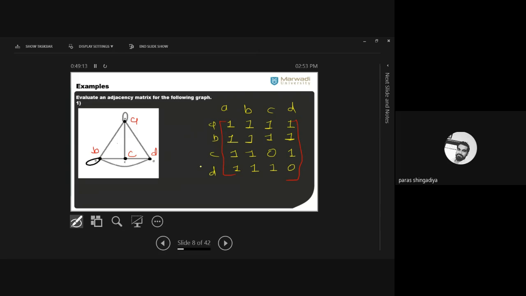And then after that, check the answer, verify it also. Okay, you can verify using degree concepts. The degree of C is 3 there. So how many ones should be there in the third row? That is also 3. The degree of D is also 3. So how many ones should be there in the last row? That is 3 times. Clear? And for the loop case, okay, some answers will mismatch.